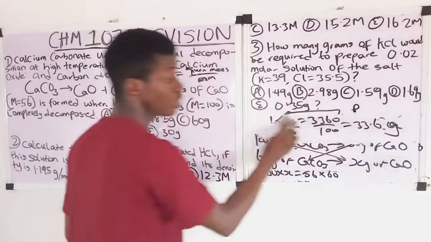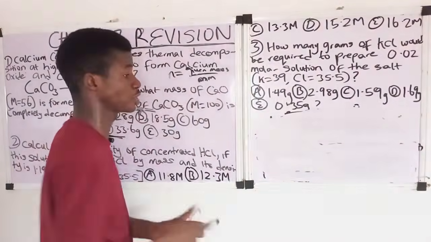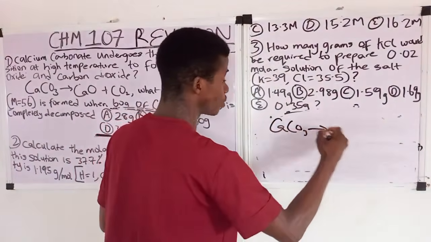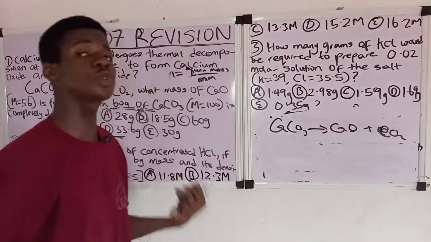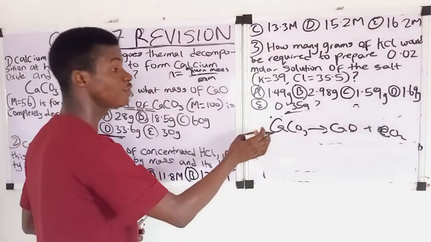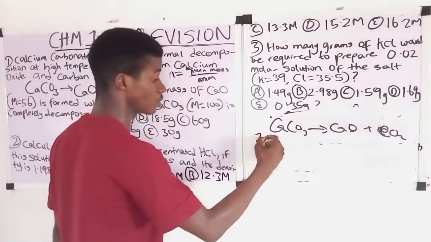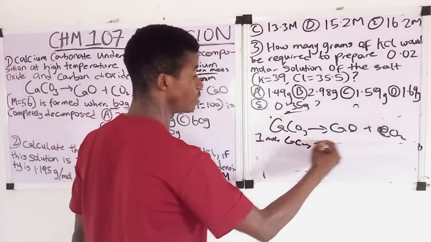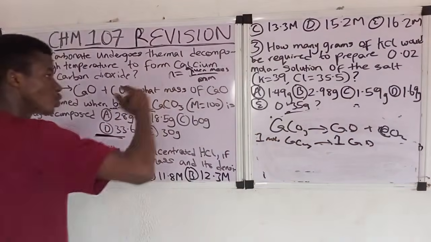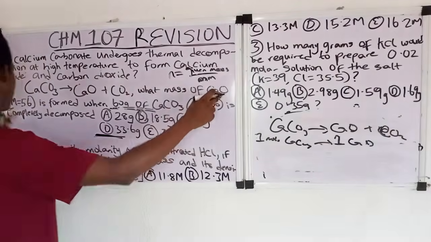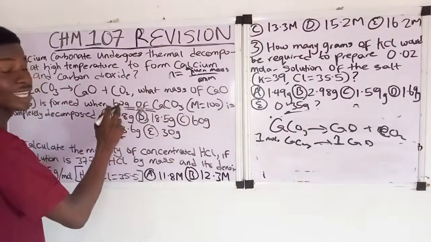So there are two methods you can use. You can use the mole to mole relationship. I've told you guys there are two methods you can use to solve this type of question. If you use the mole to mole relationship, you first start from the balanced equation. From the equation, you find out that 1 mole of calcium carbonate gives 1 mole of calcium oxide, right? Yes. Then you go to the question. They say what mass of calcium oxide is formed when 60 gram of calcium carbonate is decomposed? You convert this 60 gram